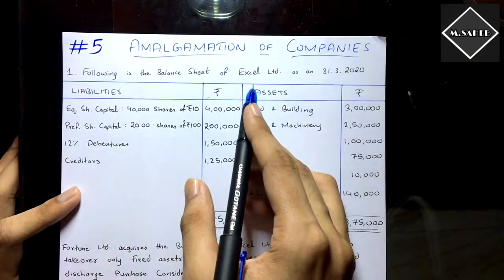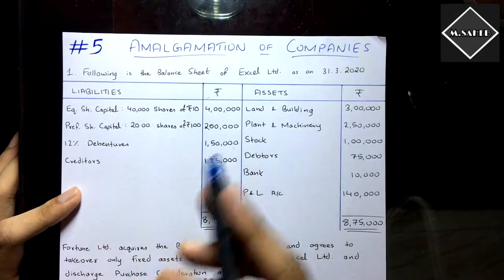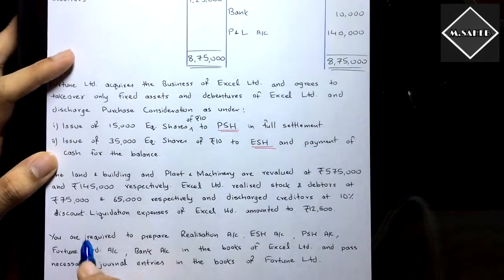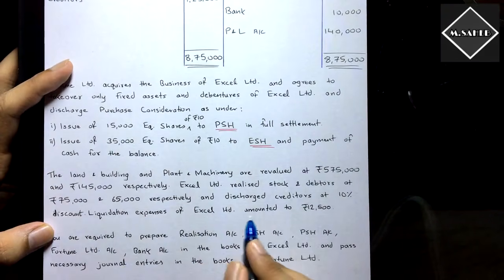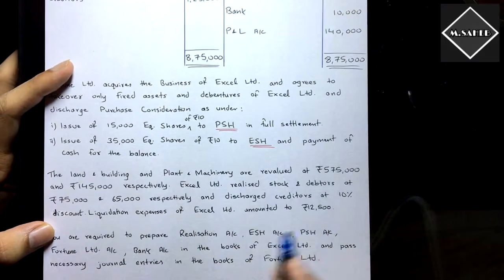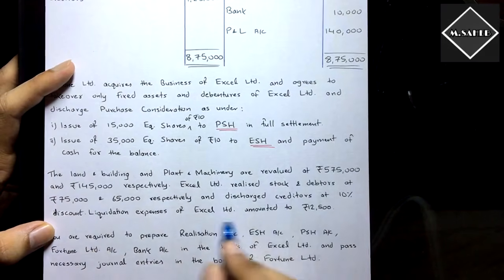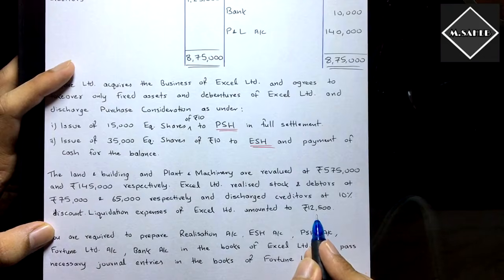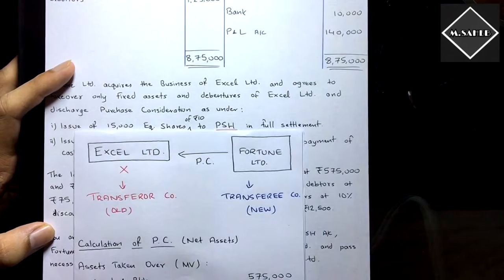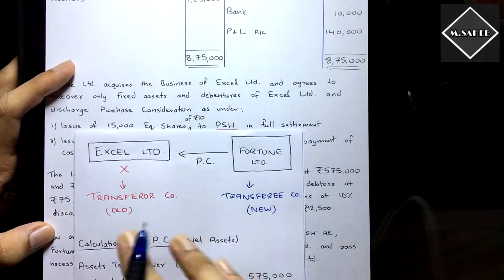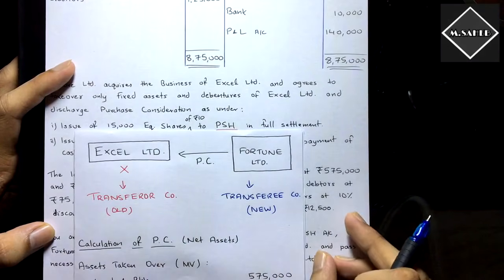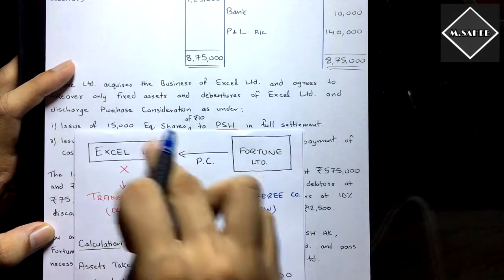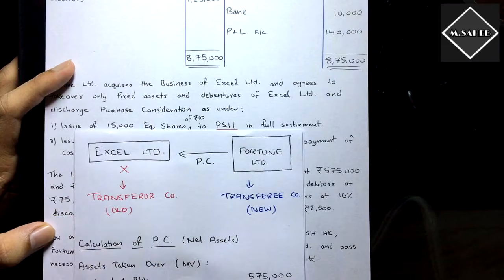So the transferor company has to pay it itself. Okay, right. So then liquidation expenses of Excel Limited amounted to 12,500. Now here liquidation expenses are given and they haven't said who has paid it. Whether the transferor company or transferee company, they haven't said anything. So if the question is silent on that, we have to assume Excel Limited paid the liquidation expenses on